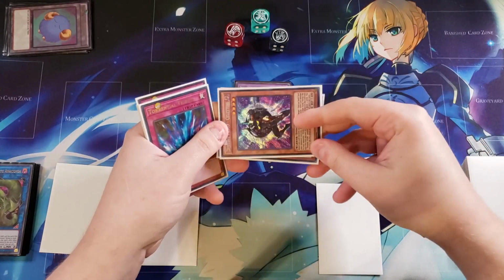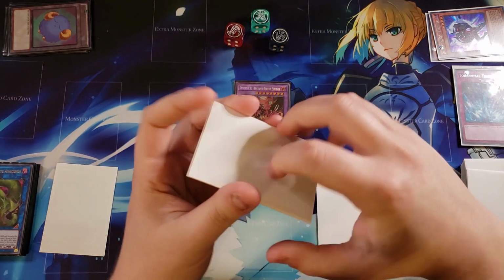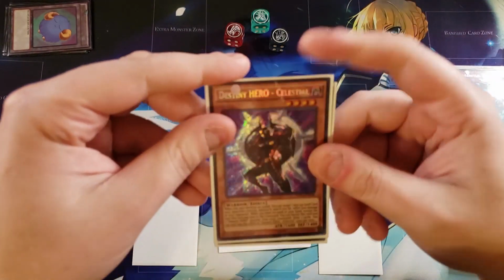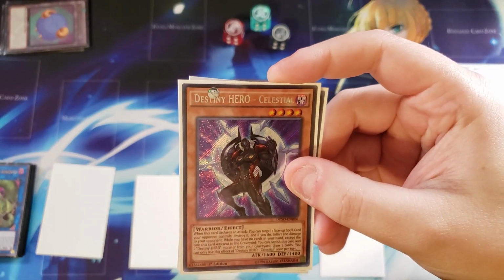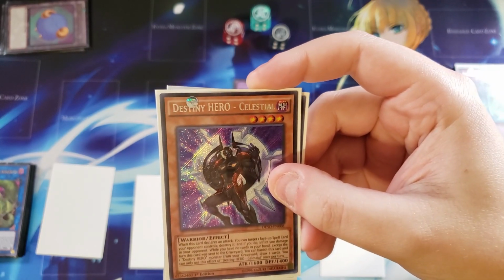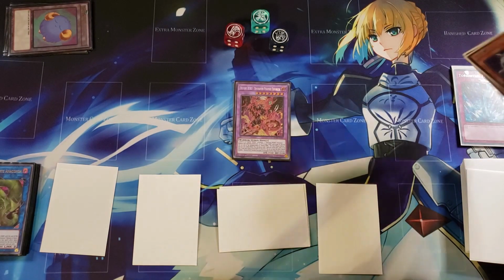So we're going to go ahead and banish these 2 from the graveyard, and then once we do, we're going to be able to draw 2 cards, which is really, really helpful, because if you guys didn't know, Celestial has a super powerful effect that reads as follows: while you have no cards in your hand, except the turn this card was sent to the graveyard, you can banish this card and one other Destiny Hero monster in the grave to draw 2 cards,